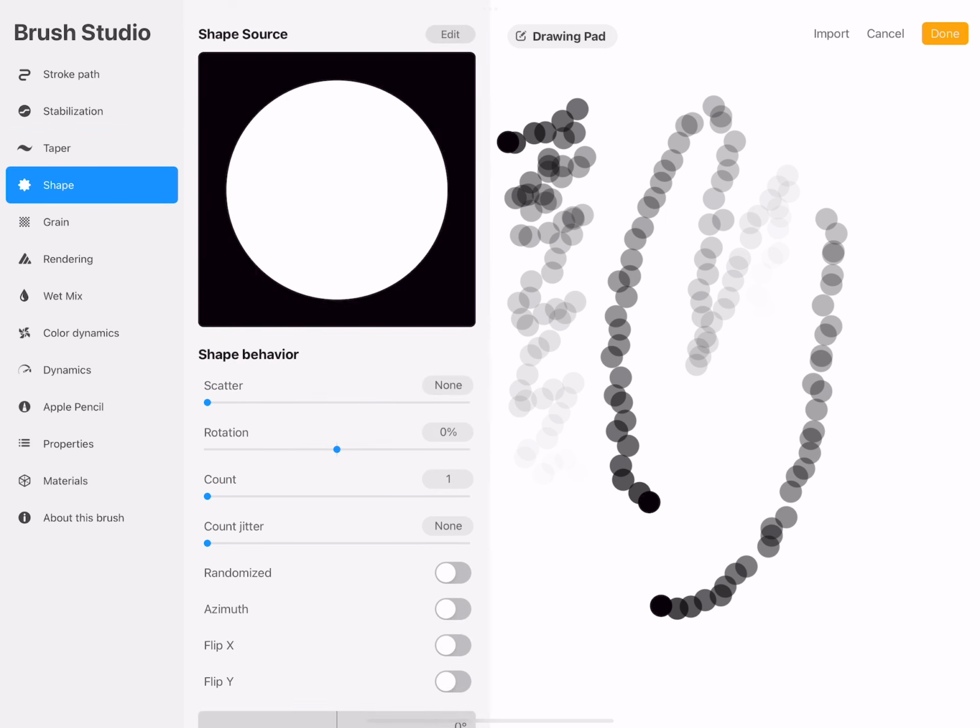Shape is a really important piece of this. This is the basic shape of the brush. You'd see my brush as a circle, so whenever I draw, the basic stamp is a circle. From here, you can change how the brush looks, how many stamps of the brush it will paint with each point, how much it rotates every time, etc. Randomized randomizes the orientation and count, so it's not the same every time. Azimuth deals with the tilt of your pencil, so you can have brushes that will paint wider with the side,